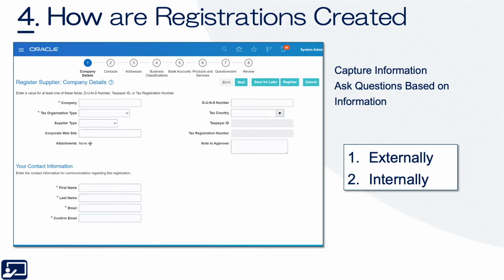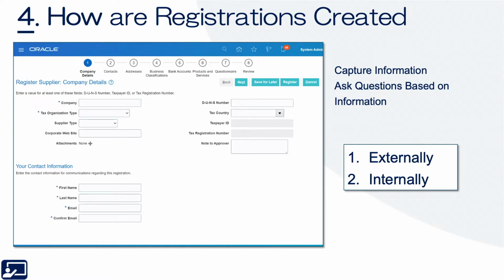a subset of data in this process and then have line of business or legal entity specific, what they call initiatives, that ask for more information or qualifications. So basically more information in what's called an initiative, and those might be more specific to your lines of business or regions, etc. But that's all part of the external